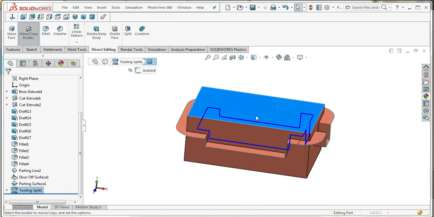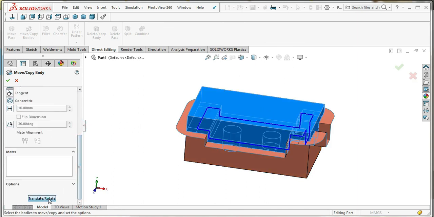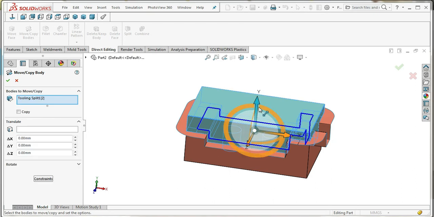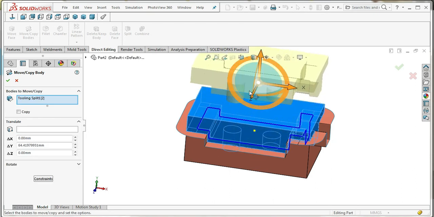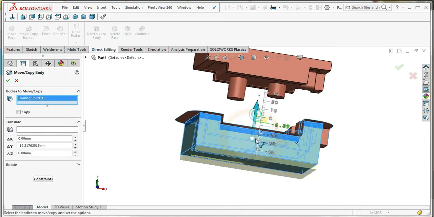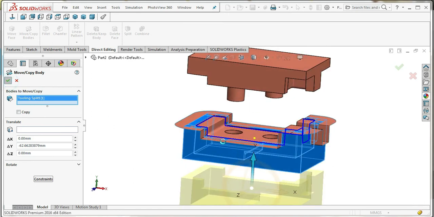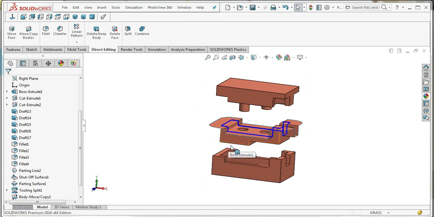The mold is created. Move copy the direct entities. Just click move copy. If it is not available, right click and add it for direct entities. Then click and drag, again select, click and drag. It comes automatically.